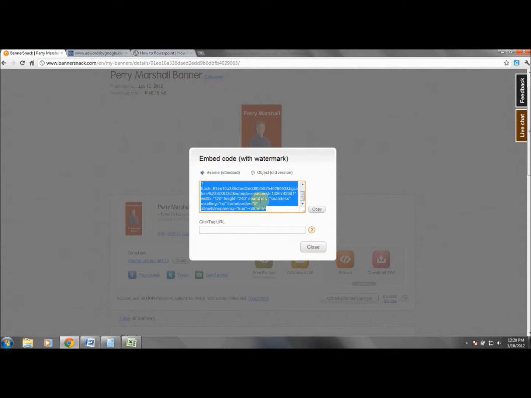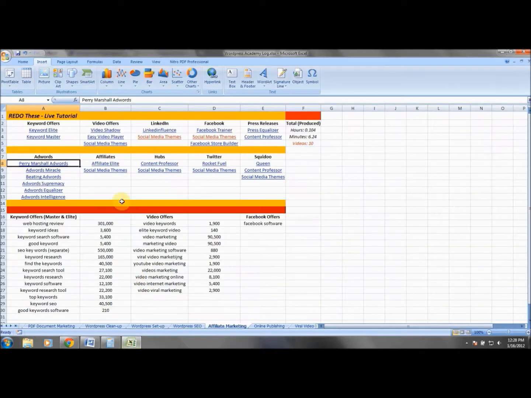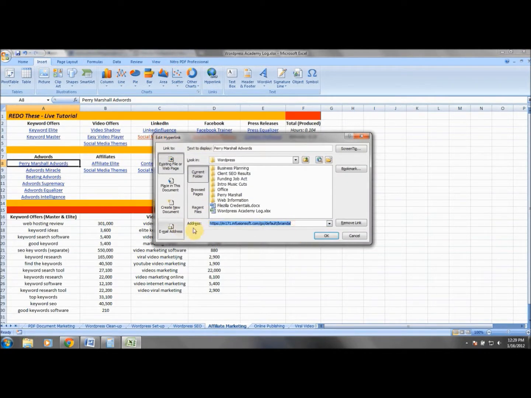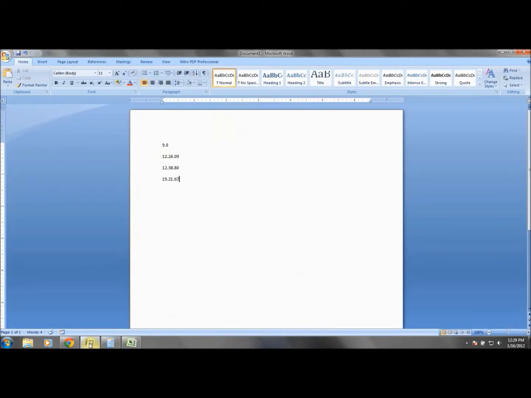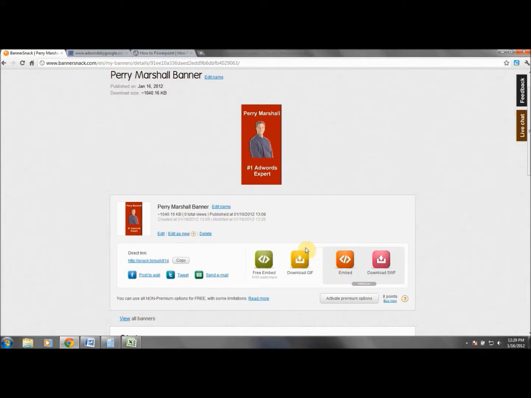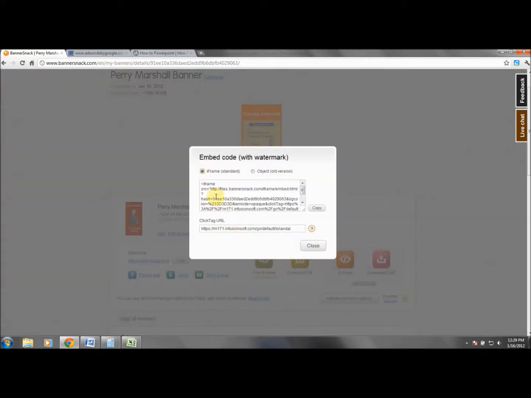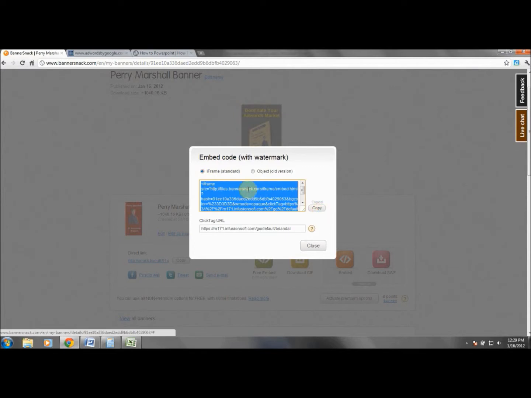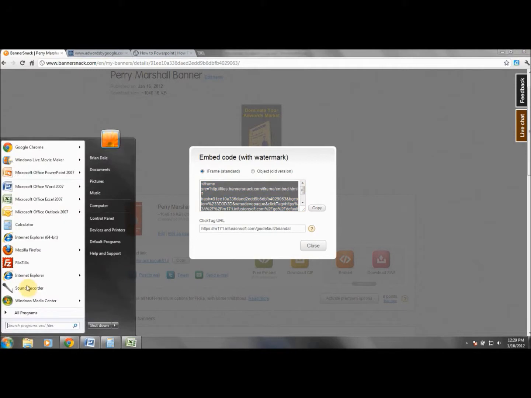With that said, what you want to do here also is to go again and get the hop link to this particular offer. So we can go copy, and let's get back. So the click tag URL will be the same thing, so you could close that, and then we're going to hit embed again, and as you can see, that's there. So we're going to go ahead and copy that out,